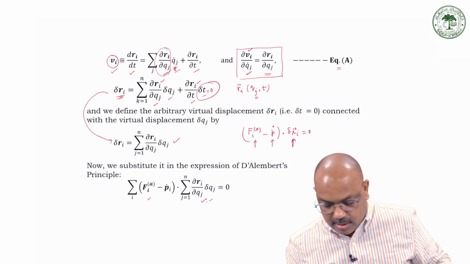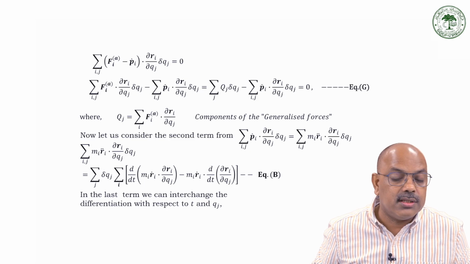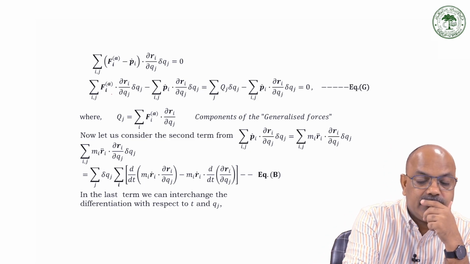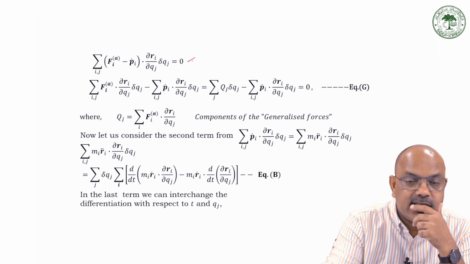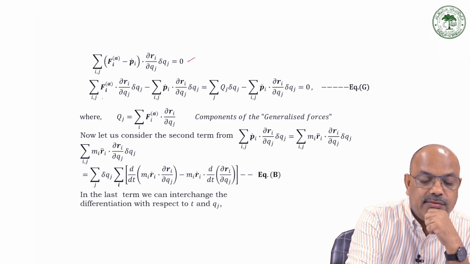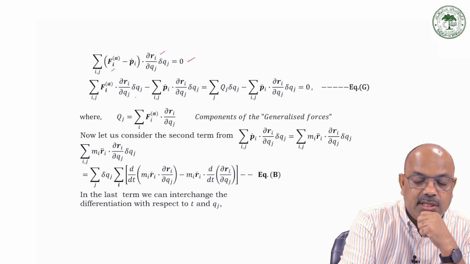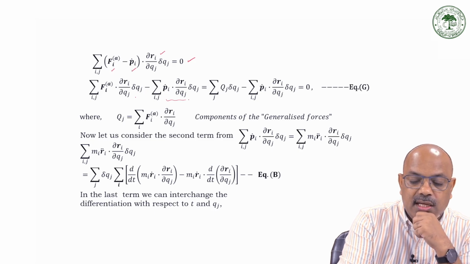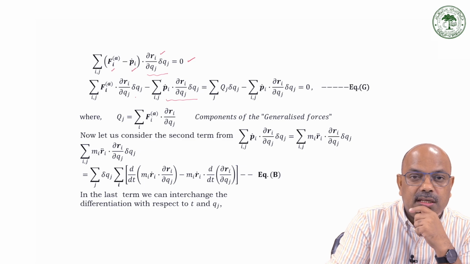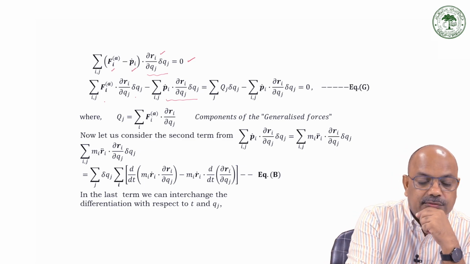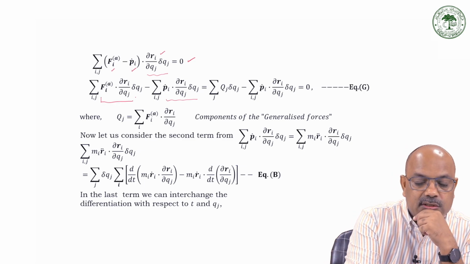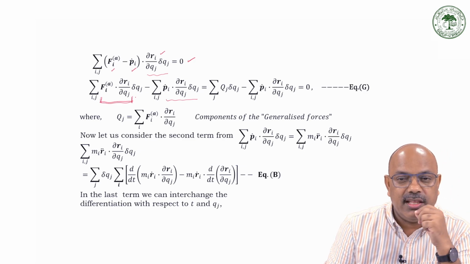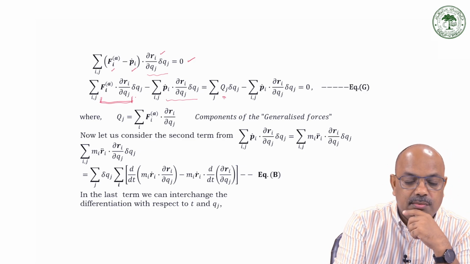What I get here is Fi, again with this expression written for delta Ri: Fi times delta Ri by delta Qj, and the second term is minus p dot i times delta Ri by delta Qj, times delta Qj. If you remember, the quantity we defined as the generalized force, we had already defined this, so this is going to be Qj,